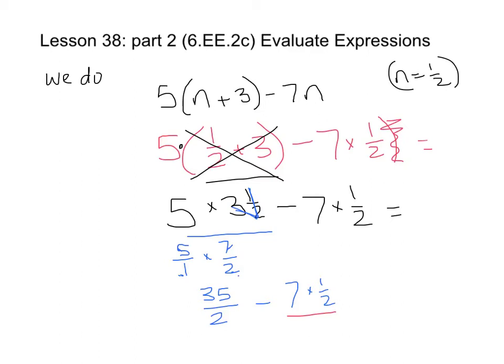Change them both to fractions. Okay, 7/1 times 1/2 equals. And cross reduce doesn't work. Multiply straight across. 7 times 1 is 7. 1 times 2 is 2. Okay, this leaves me with, I'm going to carry this over here because I ran out of room at the bottom. 35 divided by 2 minus, that's from here,